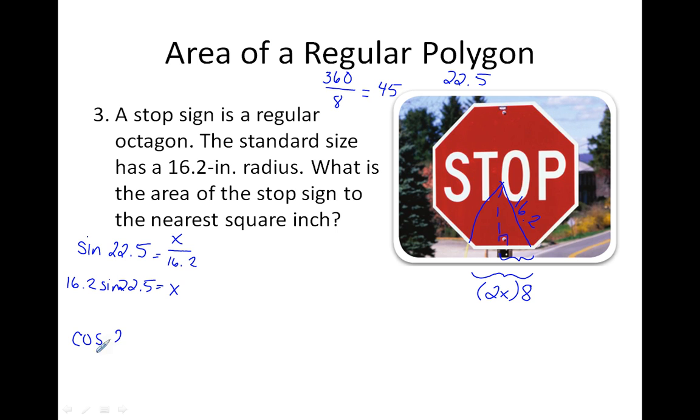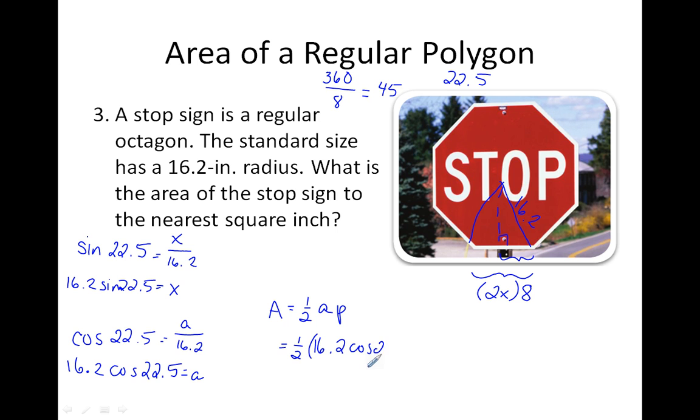So the cosine of 22.5 is adjacent over hypotenuse. Multiply both sides by 16.2, and we get 16.2 times the cosine of 22.5 equals the apothem. And now we go to our formula, 1/2 times the apothem times the perimeter. So 1/2 times my apothem, which is 16.2 times the cosine of 22.5, and I'm going to do that times